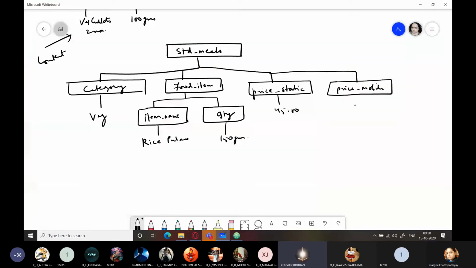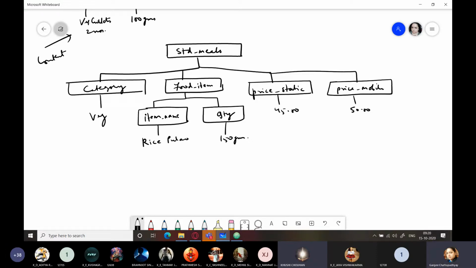Ma'am, can we take a choice as a different element along with this item name and quantity? Yes, we can. So how will you do it? Ma'am, like another element of food item, we can take choice in which we can list the items that have choice, like rice.